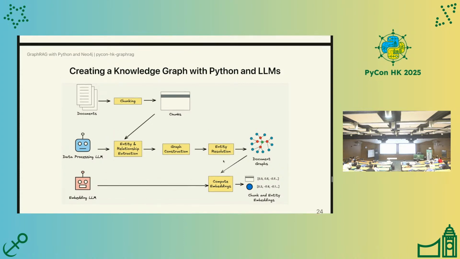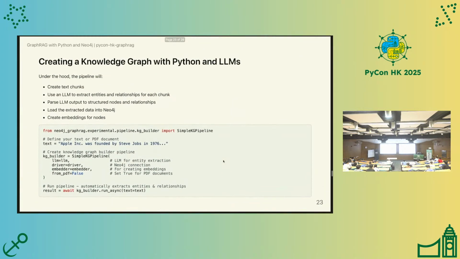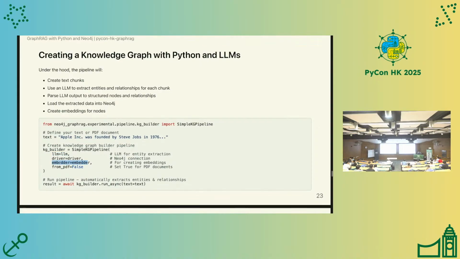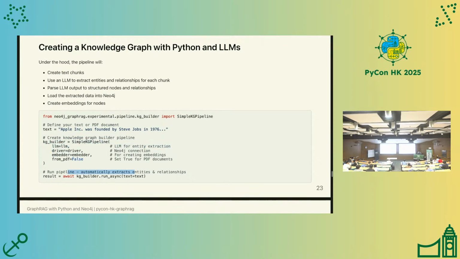You want to make entity embeddings as well. So with that in mind, you can make a knowledge graph. You could define some text, or you could feed it a PDF, and then just give it the LLM, the driver, and then the embedder. The LLM is for finding the entities and relationships, and the embedder is for embedding the nodes. Then you run it, and you'll get a knowledge graph inside the Neo4j database